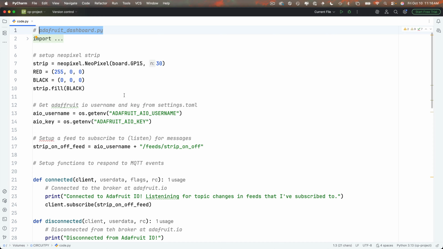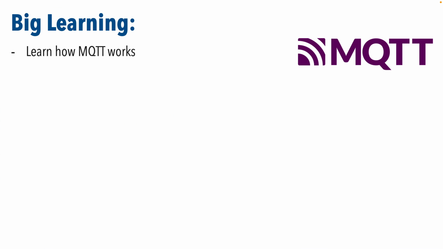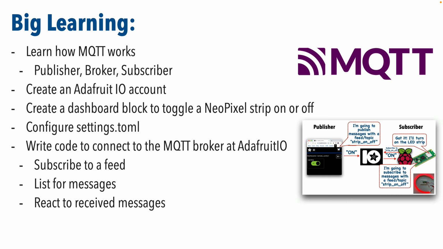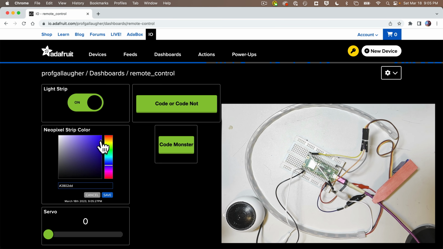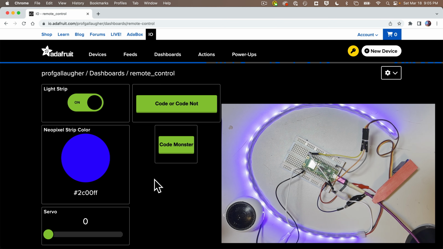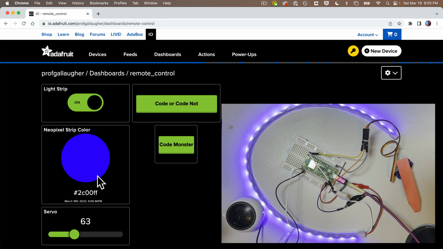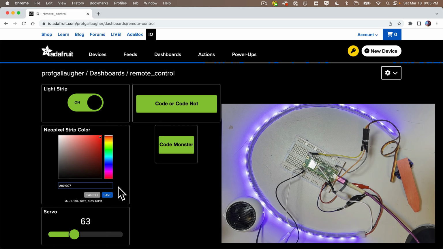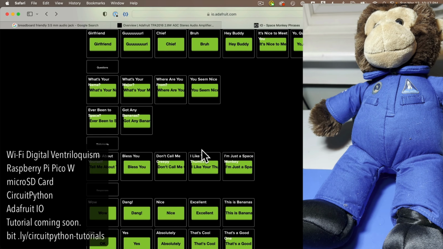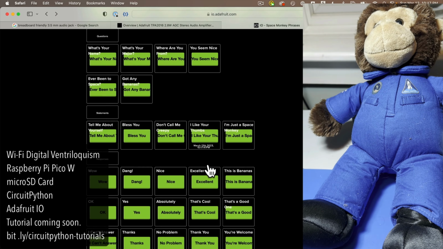But Code Monster, you are now an MQTT magician. You are building web-based dashboards and using them to control your Pico W over the internet. That is some savage skill. We'll up the ante in our next lesson, where we'll learn more techniques for working with different controls, for changing colors on our LEDs, for manipulating servos, for playing sounds. We'll eventually do some online ventriloquism where we make toys speak from a distance, and we'll eventually build a robot that we can control